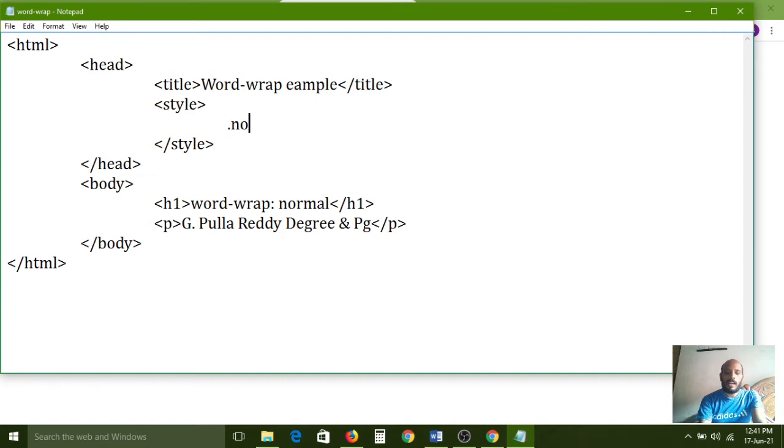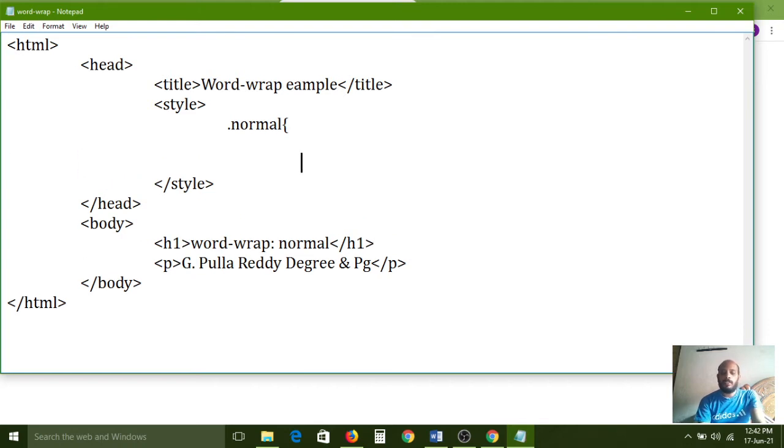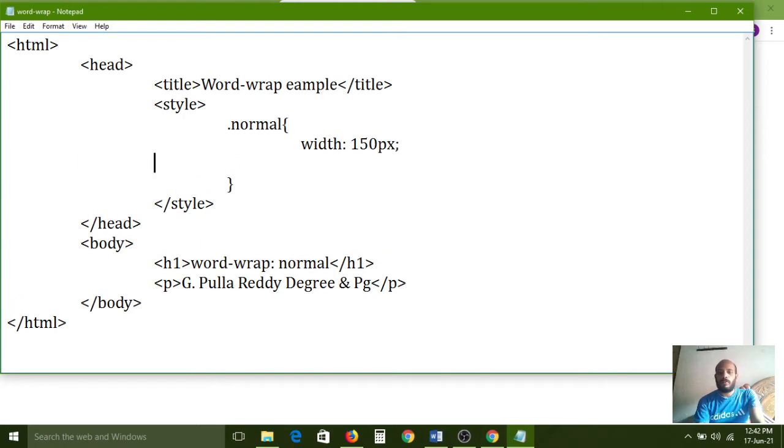I define a class selector, normal is my own defined name, with opening and closing brackets: width: 150px; and a border of 1px solid blue.